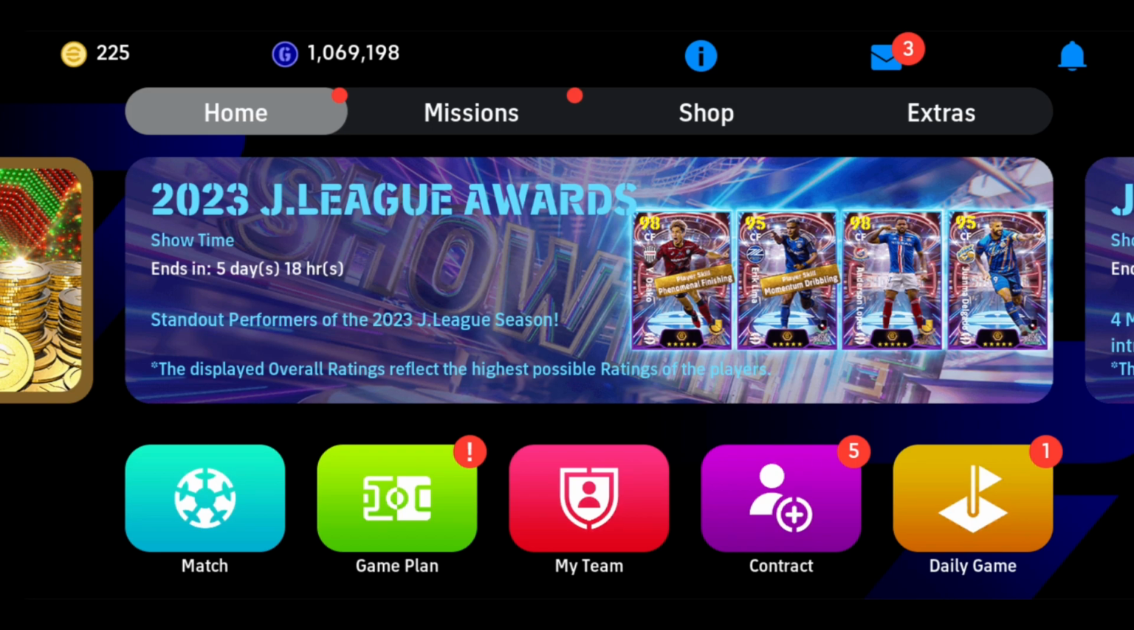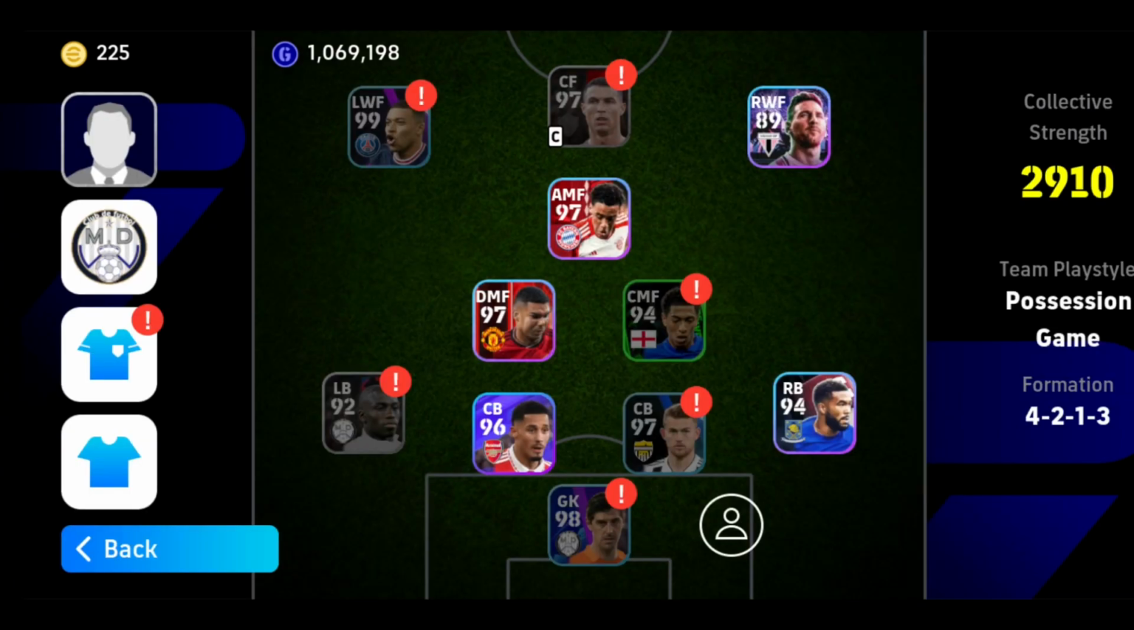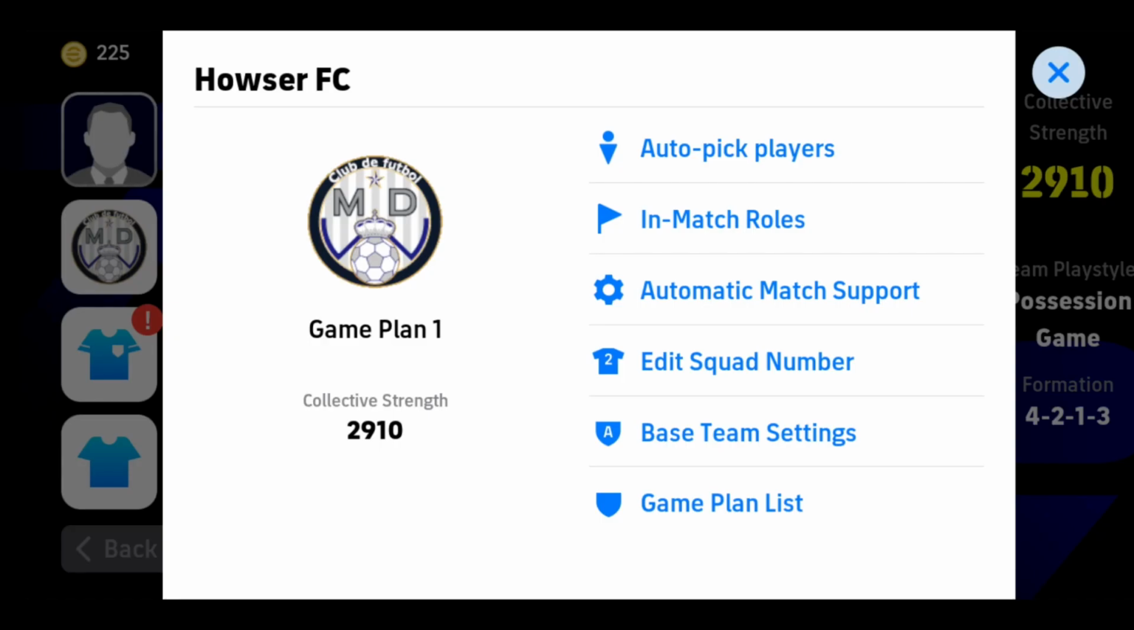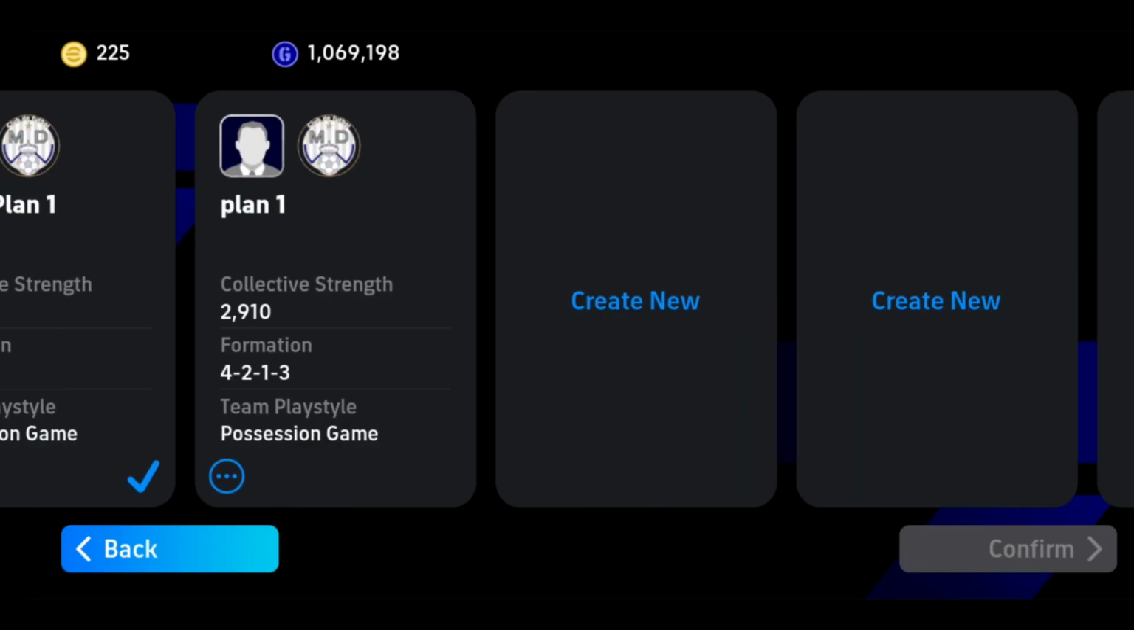So let's start. First of all, open the game and log into your account. After that, you will come to a home screen like this. Now in order to delete game plan list, simply go to game plan. After the game plan opens, tap on the logo of your club. Then after, you will find the game plan list at the bottom. Tap on it. As you go to game plan list, it will open all the plans that you have created